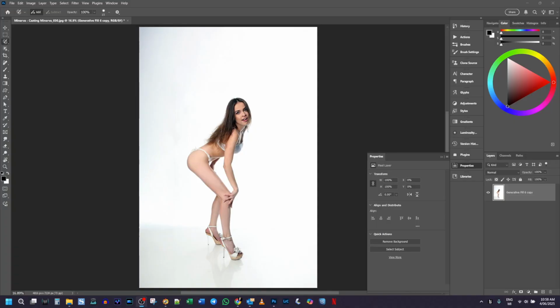Like if I wanted to put a funny hat on her, there is a very good chance that the AI would have a fit. Let's remove all these other layers. There's a very good chance that the AI would have a fit if I did this. Go back to showing it. Oops. If I did this,